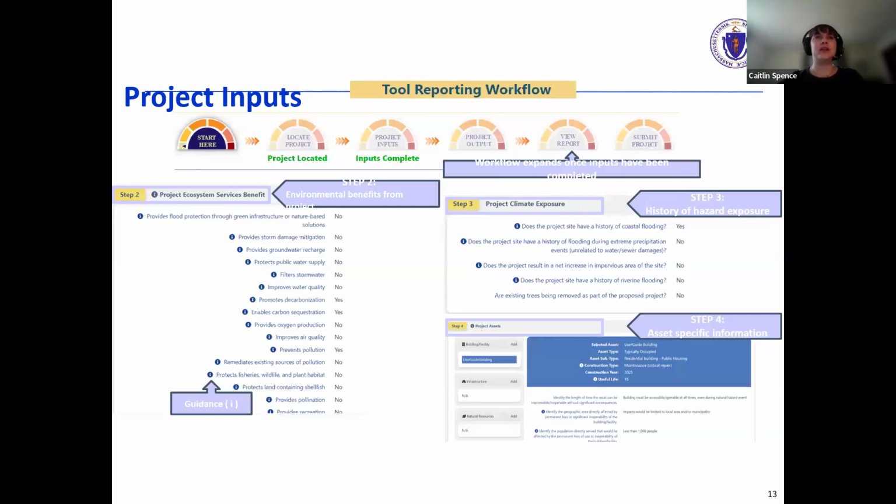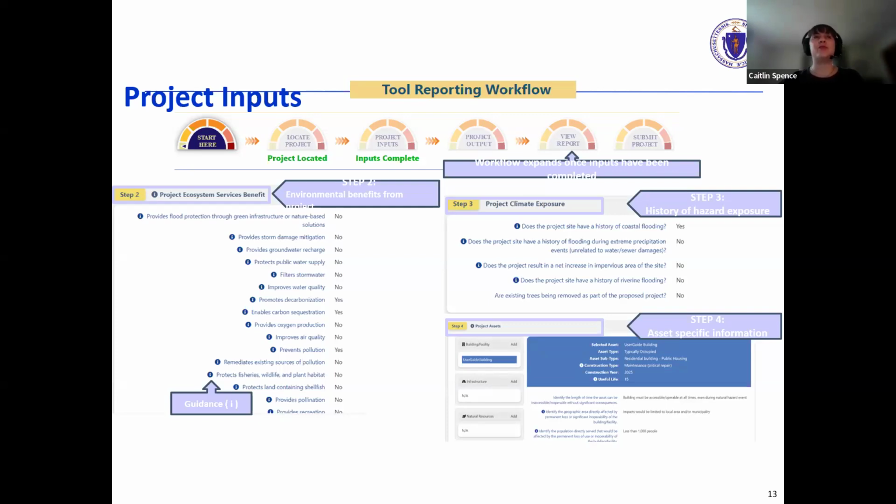So to show a little more detail about what these steps ask, the left side of the slide shows the project ecosystem services benefits, which ask many questions about what the project provides. So things like, does the project provide flood protection through green stormwater infrastructure or nature-based infrastructure?